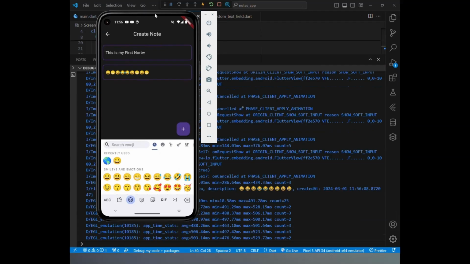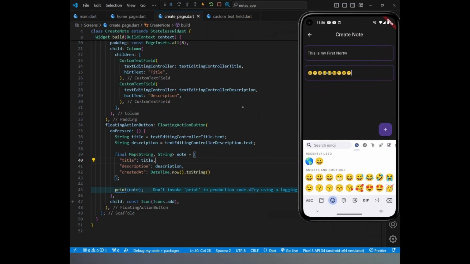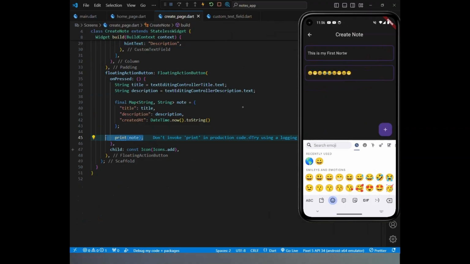Icons also have a role in accessibility. By providing semantic labels or wrapping icons in semantics widgets,